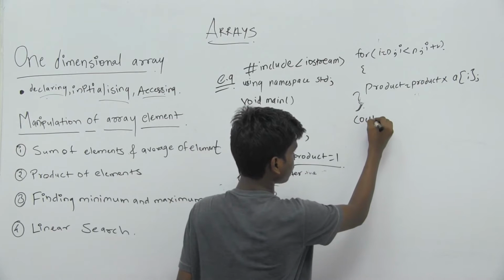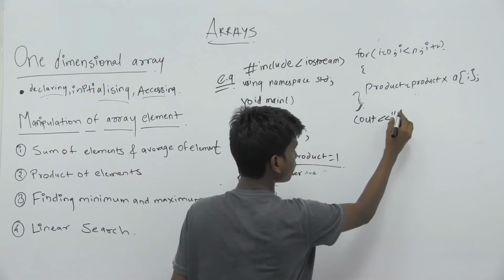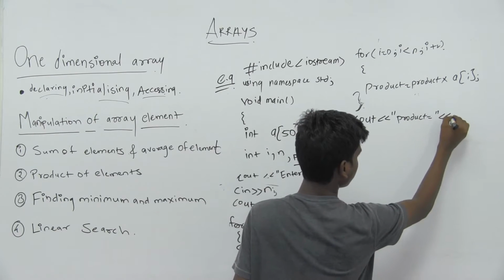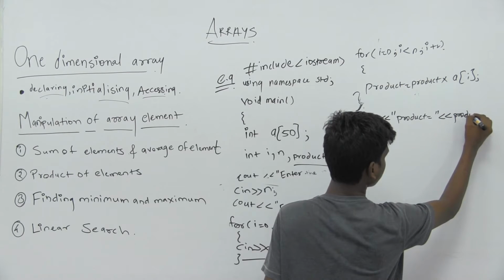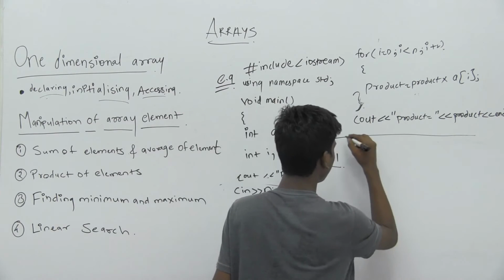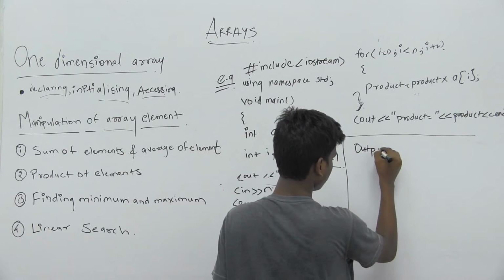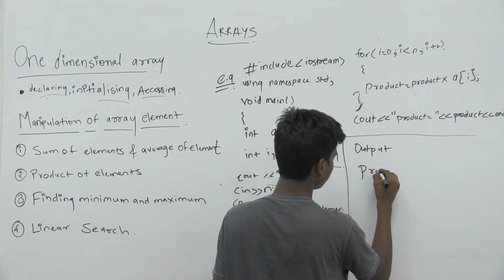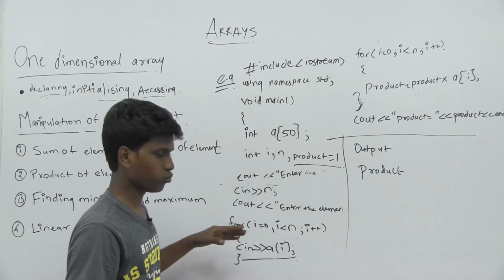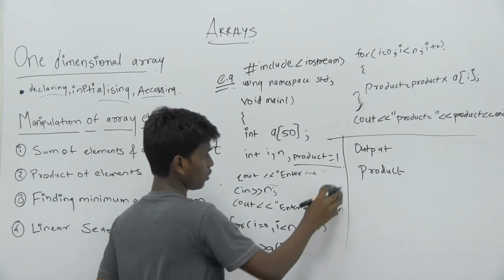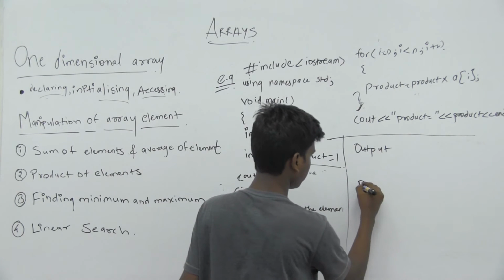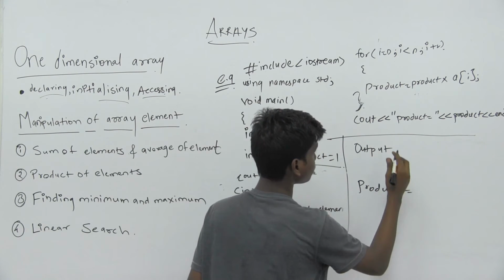So now we'll give the output, that is we'll print it, product equal to product and ln. So आउटपुट क्या आएगा इसका, प्रोडक्ट इक्वल टू, मतलब ये सब होने के बाद एंटर द एलिमेंट्स, यूज़र सब इनपुट देने के बाद, डेटा देने के बाद हम डायरेक्टली उसका प्रोडक्ट दे रहे हैं, प्रोडक्ट इक्वल टू